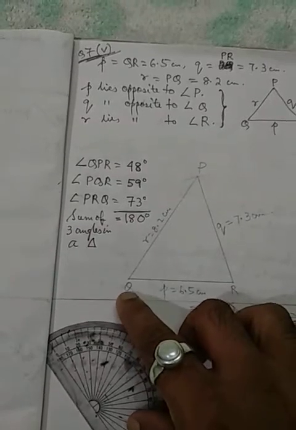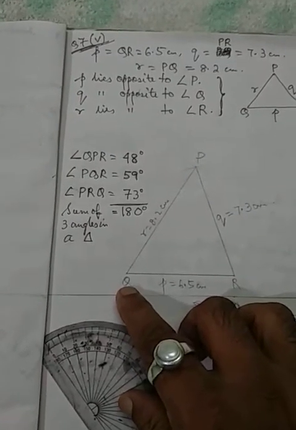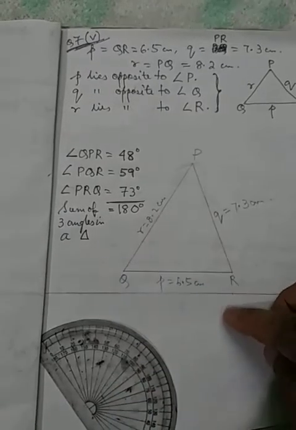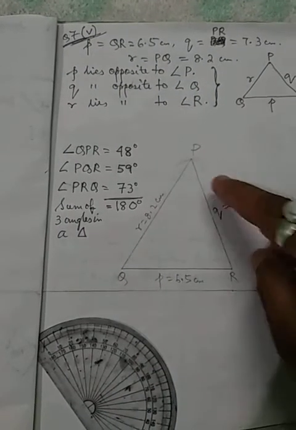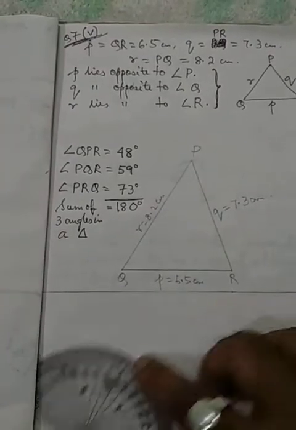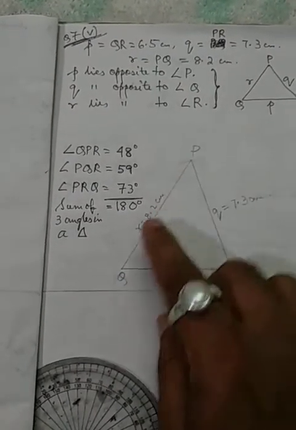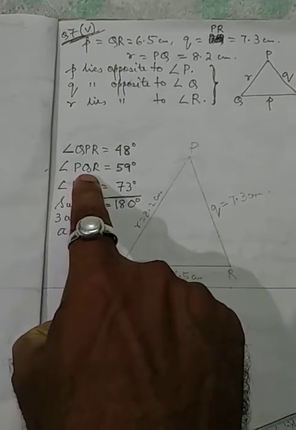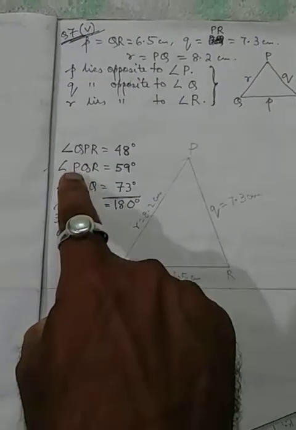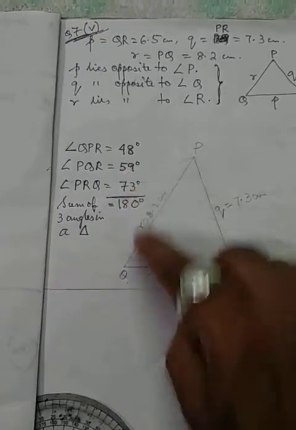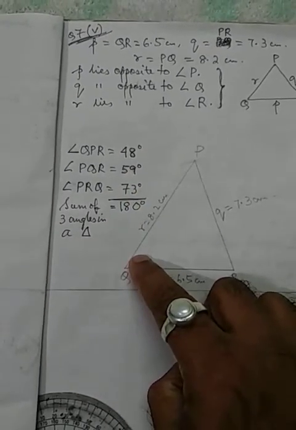Now how do we name an angle? In naming an angle, the vertex letter has to be in the middle. Then P and R can be written in any order. So angle PQR or angle RQP, where Q is written in the middle. On measuring in the anti-clockwise direction, this is coming up as 59 degrees.